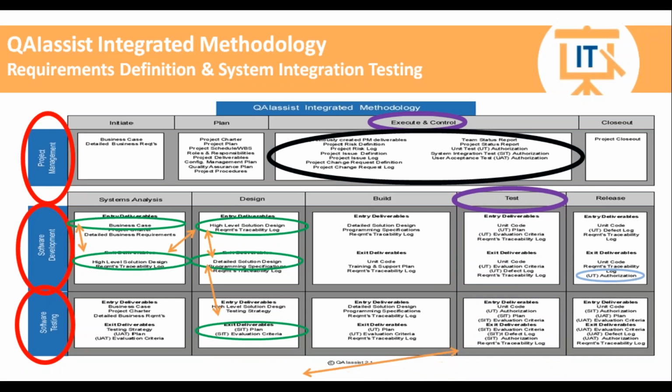Well, we are going to use the plans and the evaluation criteria of these functions and subsystems. We know the unit code has passed unit testing. It's now available for integration testing. So we are going to do our integration testing using our planning and our evaluation criteria. And we may go through several iterations. We may hit hiccups. We will have to keep track of them via the system integration defect log as we